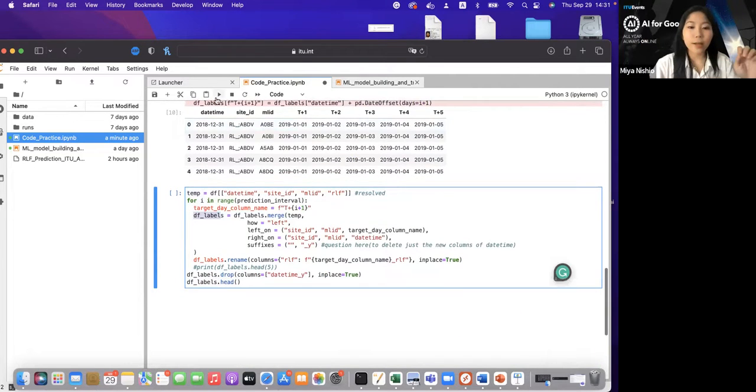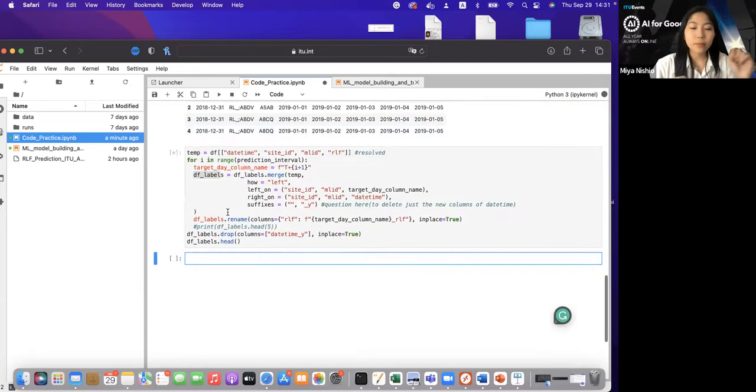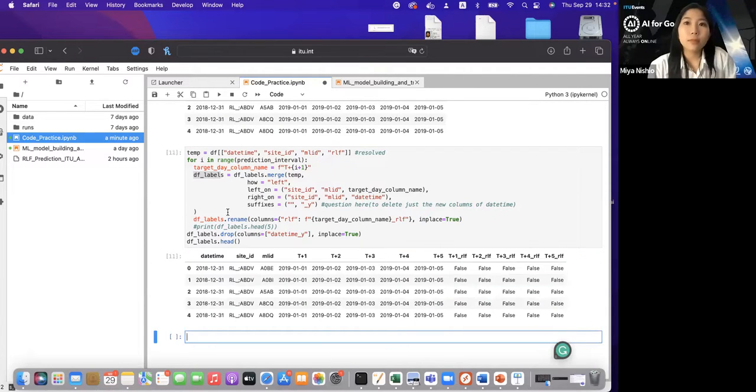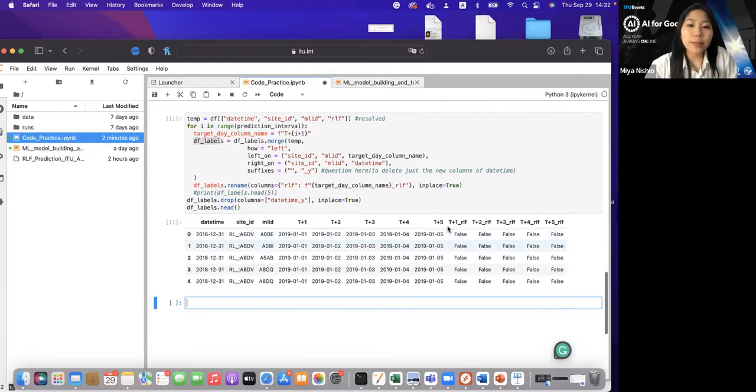I will just run this to show it. This may take a little bit of time. Okay, so as we can see here, it's done exactly that. It's taking the radio link failure of all the days after this one and inputting it as so.